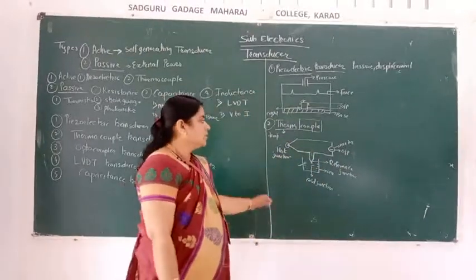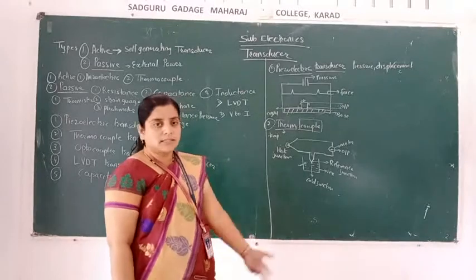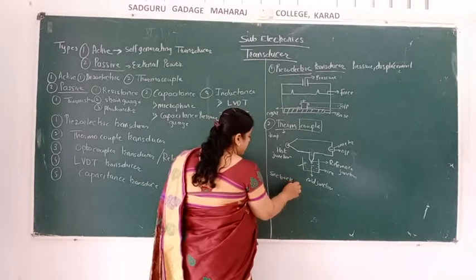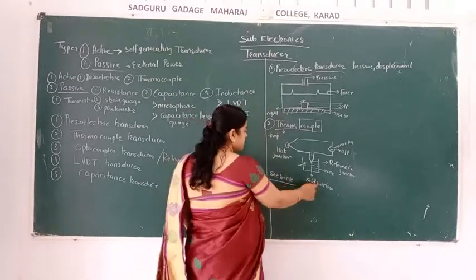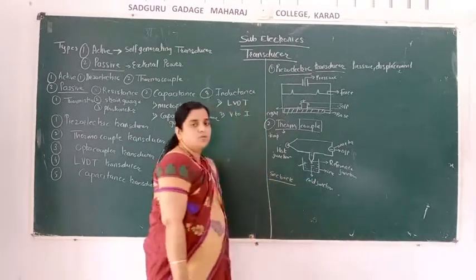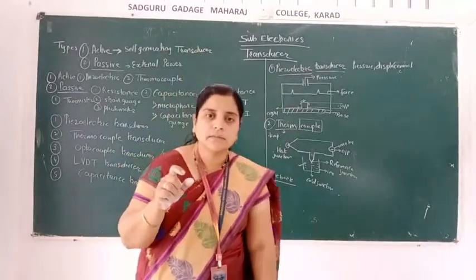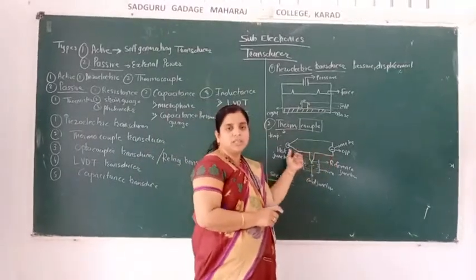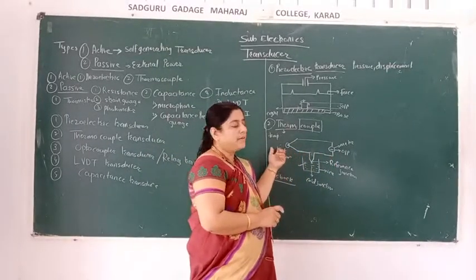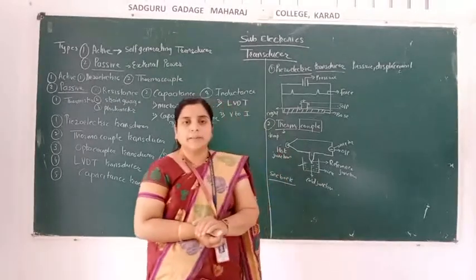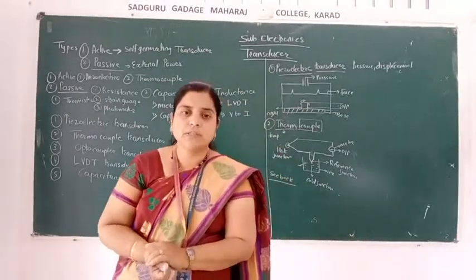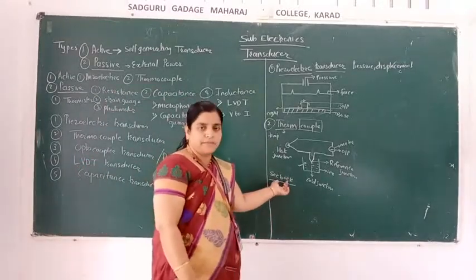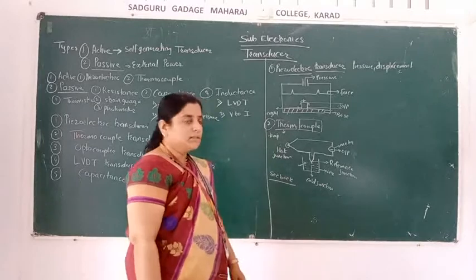And in this thermocouple there is the Seebeck effect. Which effect is there? Seebeck effect. The Seebeck effect is when the cold junction is used to adjust the meter where we are measuring the output, and the temperature is applied at the hot junction, then it gives the difference between the hot junction and cold junction. That is called the Seebeck effect. Okay, so this is in the thermocouple.